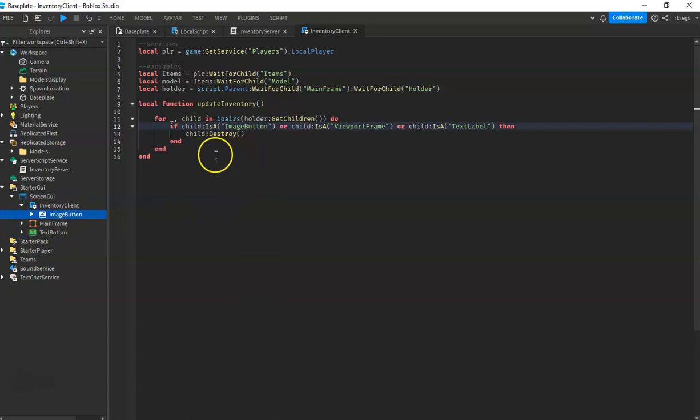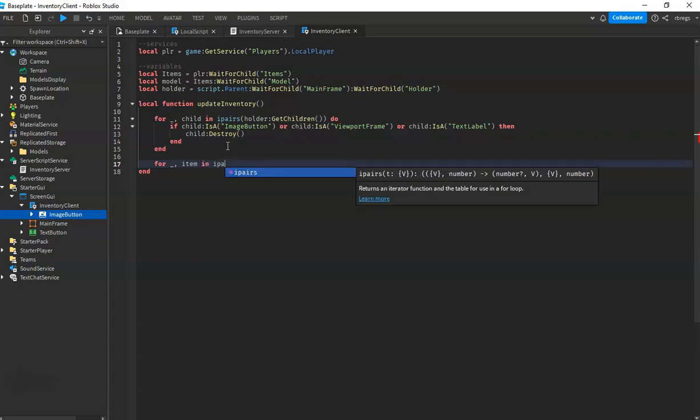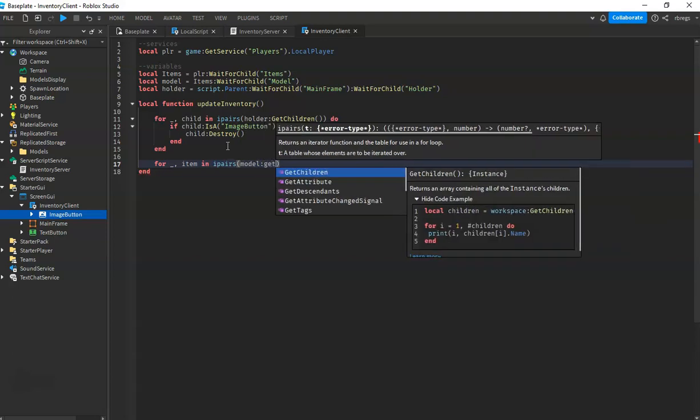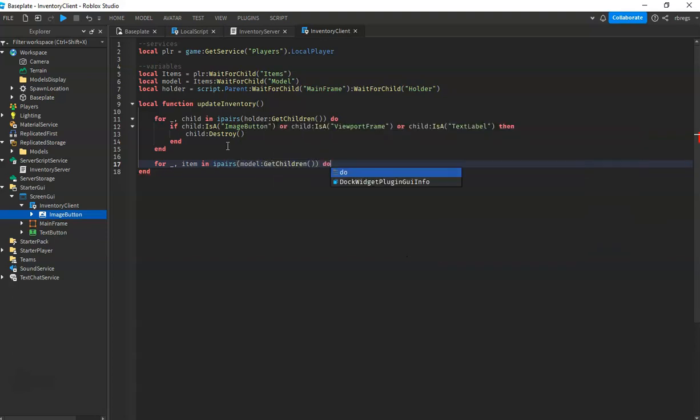So now what we're going to do is we will look into our model. So for all item in model, remember the model is the player's folder. So we will get the children, do